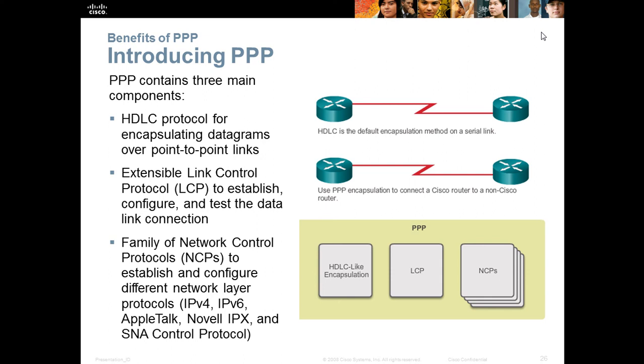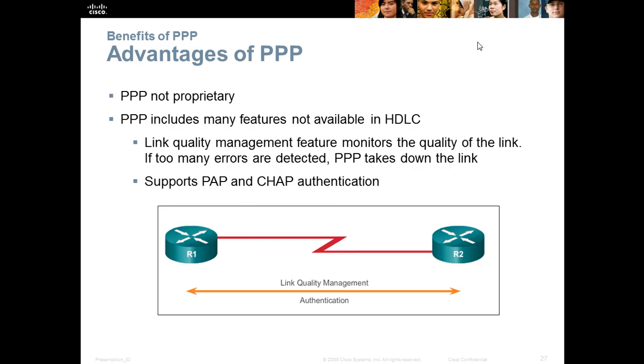Extensible Link Control Protocol, or LCP, is used to establish, configure and test the data link connection. The family of Network Control Protocols, NCP, establish and configure different network layer protocols such as IPv4, IPv6,